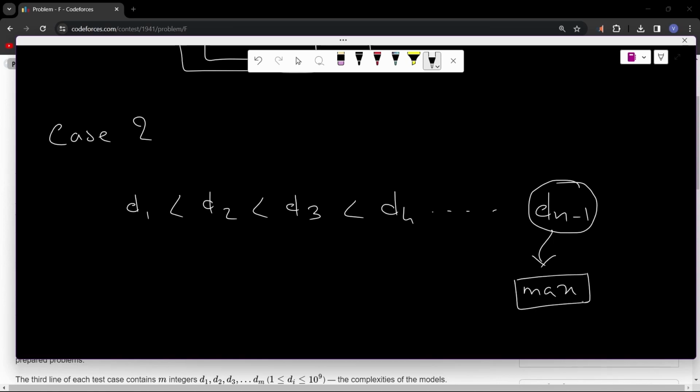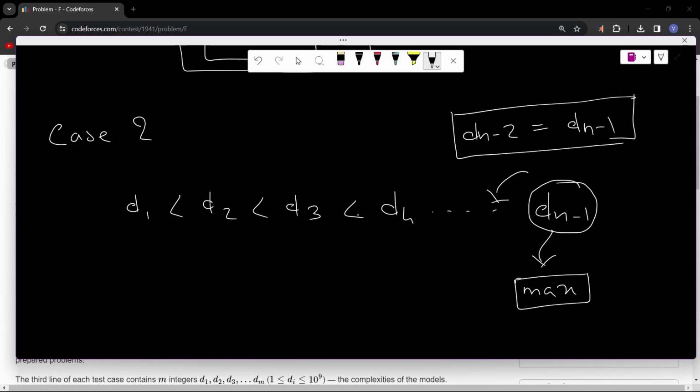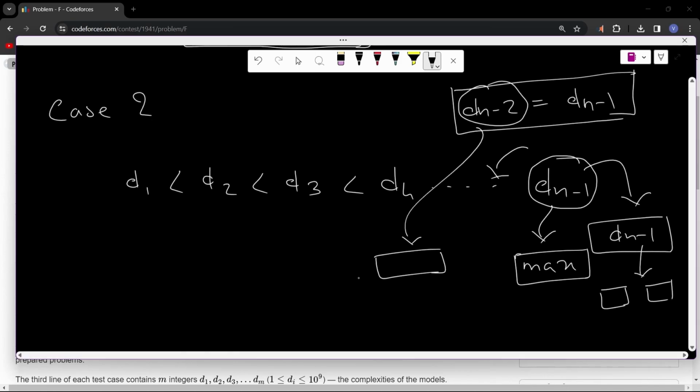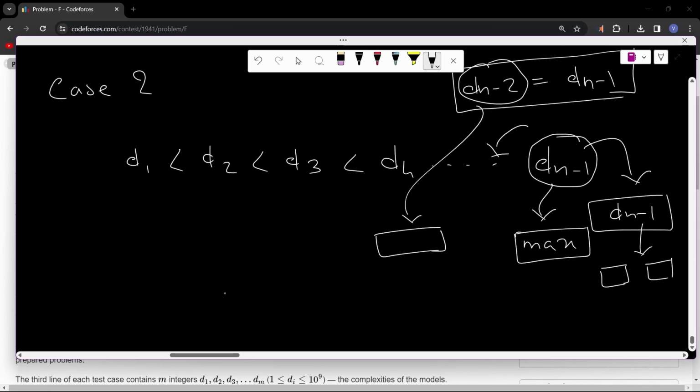And if dn minus 2 is also the same as dn minus 1. So if this maximum imbalance difference value repeats, if dn minus 2 is same as dn minus 1, again doing anything would not make a difference, because you create a new problem and with that you modify this dn minus 1. You can split this dn minus 1 and replace these with smaller values, but it is not going to make a difference, because dn minus 2, which was the same as dn minus 1, remains in the problem set. So again, your imbalance value is not going to change and you can print the initial imbalance value and